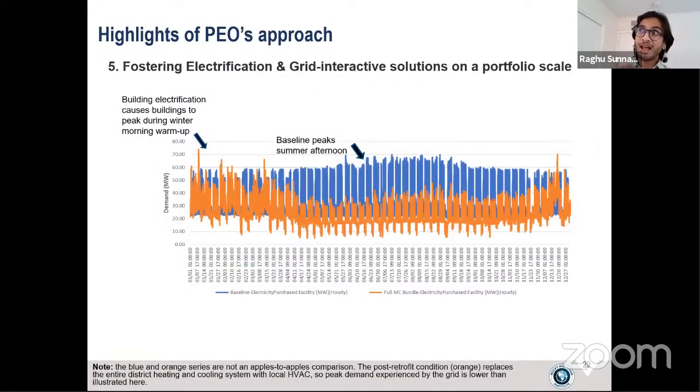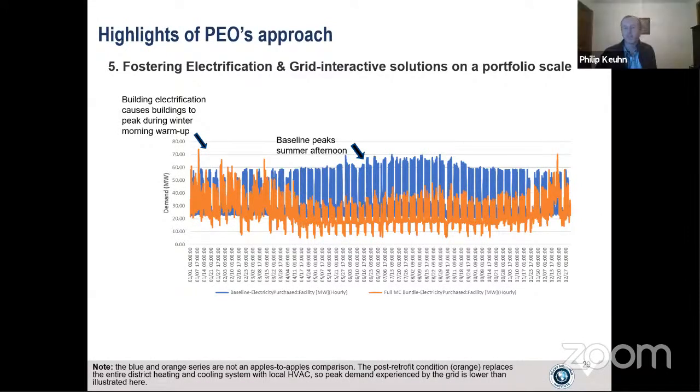In this particular graph, as you can see, the two lines show how the peak demand varies before implementing the measures and after implementing the measures. And as you can see, the peak electricity demand shifted significantly from the summer afternoons for the baseline simulations towards the winter morning warm up when we actually implemented all the measures. So this shift in peak would have a huge impact on the overall grid, how the grid would be functioning. And so just having